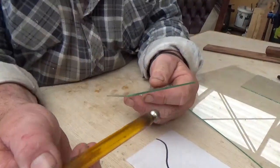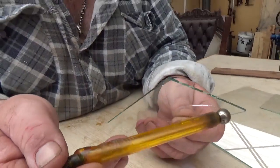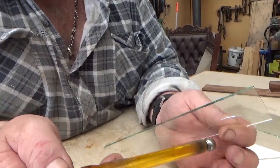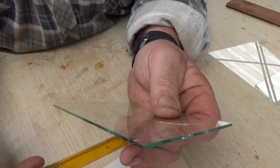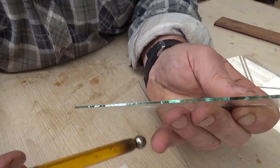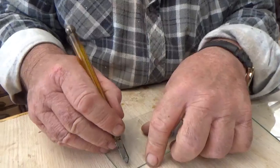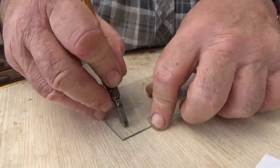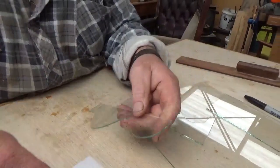Now you can tap that with your hammer. You can see the shiny start to happen. And just always get just behind the cut. There we are. I'll just take that to the very end. That might help. There we go. Right. Like that. And hopefully